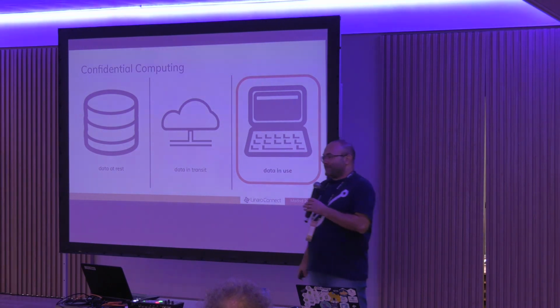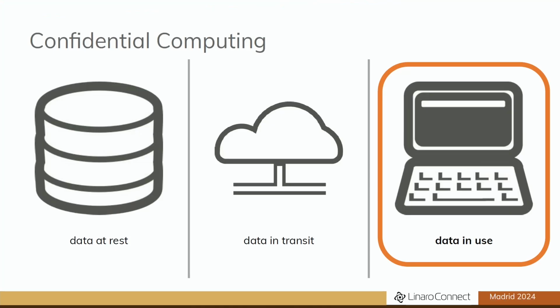Okay, so confidential computing. In case you never heard about confidential computing, it's basically a technique to protect data in use. Everybody's quite familiar with encryption to hide information in data at rest or in data in transit through the network, for instance. But for data in use, there weren't many techniques to avoid other processes or even the host of the machine from accessing the data that was being run by a virtual machine, for instance.